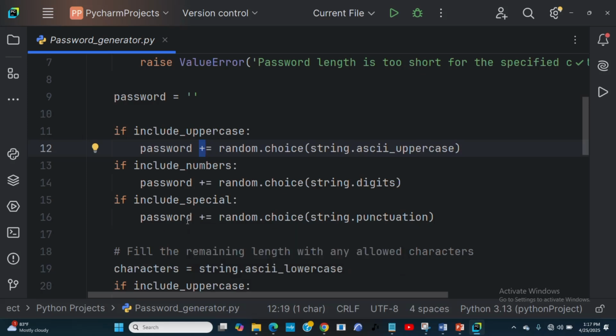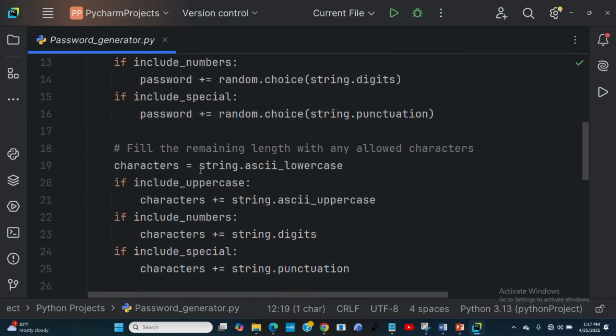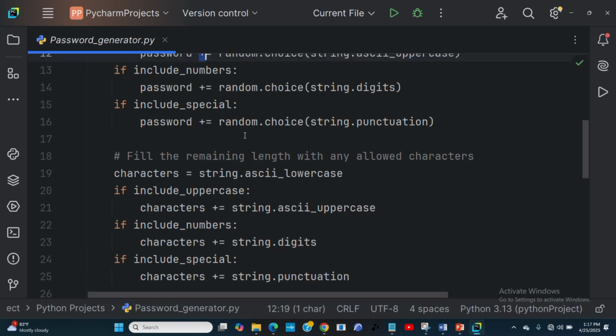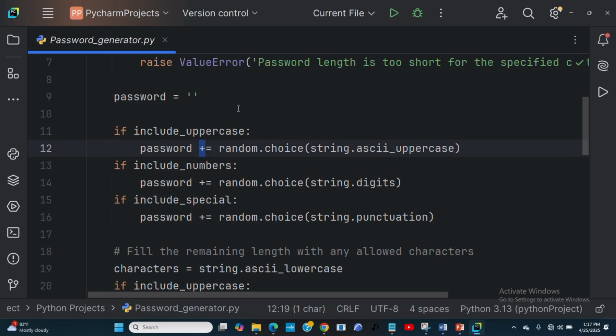You get it? Now, coming to this part, which is very, very beautiful also, it says fill the remaining length with any allowed characters. So what is going to happen? Look at it. Somebody will be asking, for example, it has asked me to enter the length of the password, I give 15.